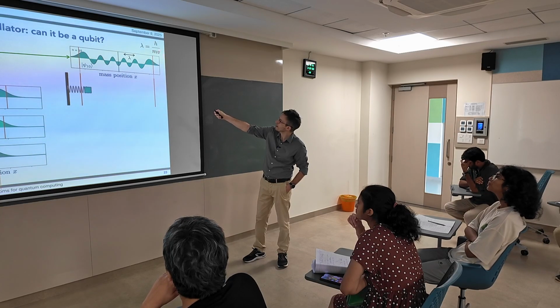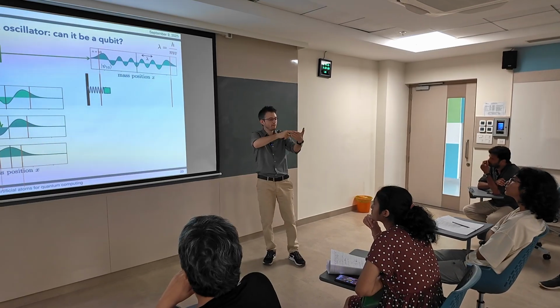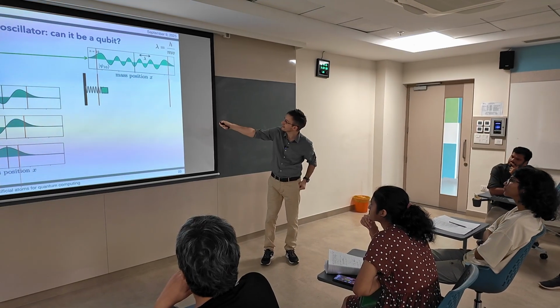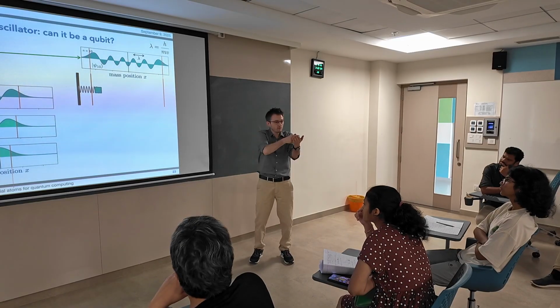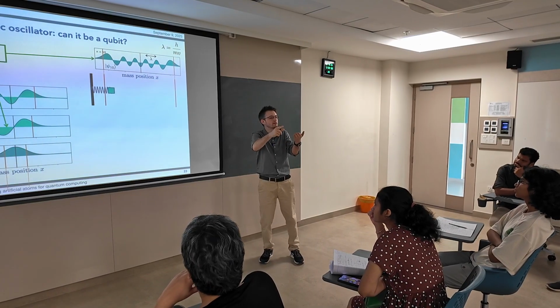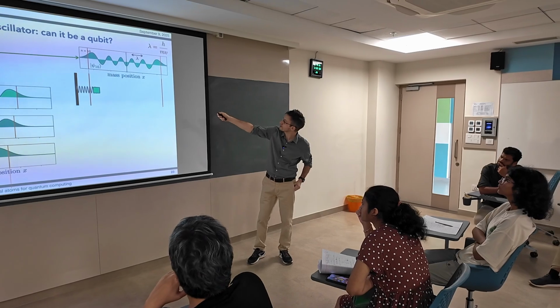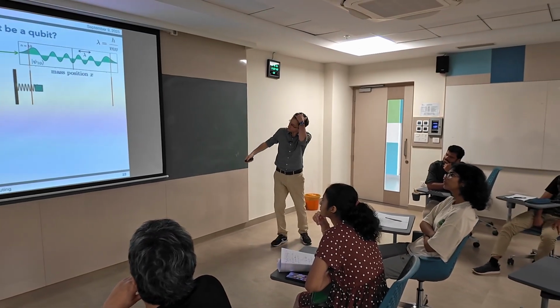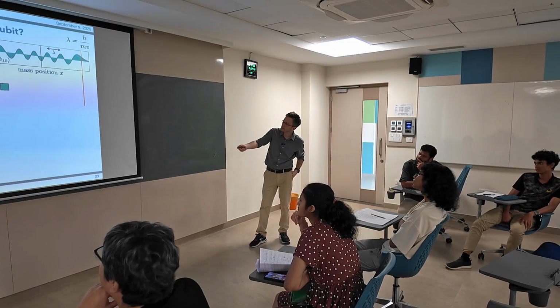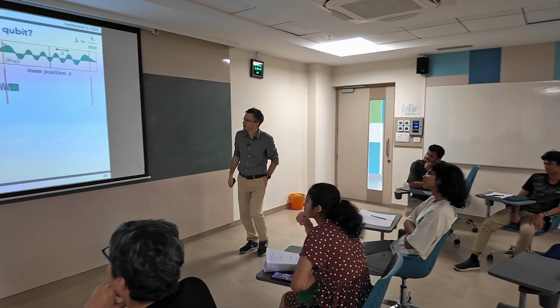And so you can see that velocity, because our oscillator is moving very fast over here in the middle, there's actually a smaller wavelength over here because it's moving fast, and it's actually stopping at the edges. When it stops at the edges, it has a small velocity, so you can see that the wavelength is actually getting bigger. Okay, anyways, the point is we have these states, and we could make a qubit out of it